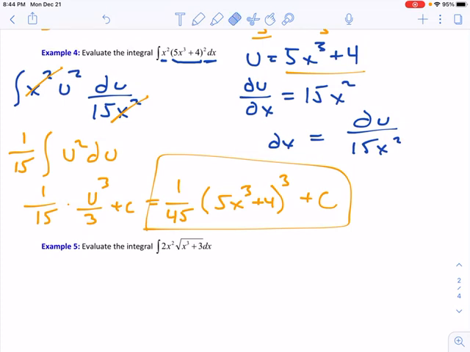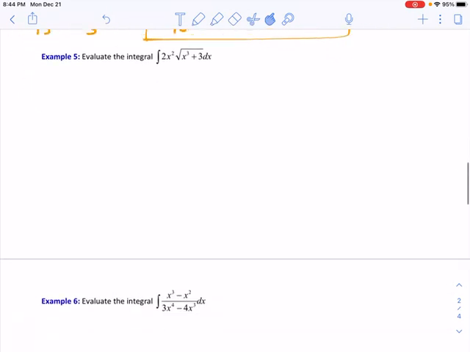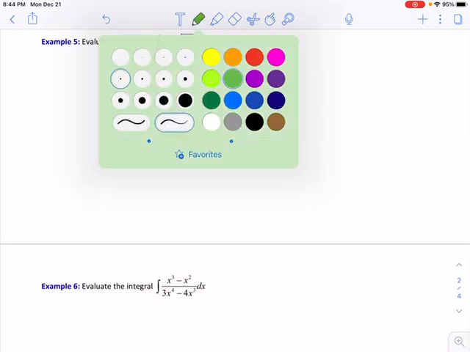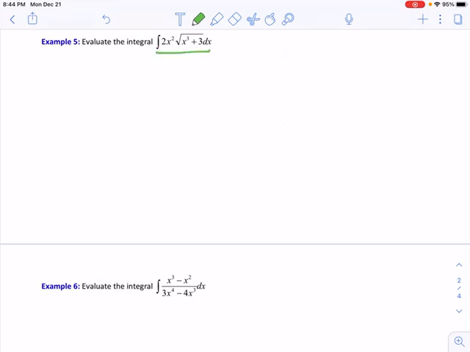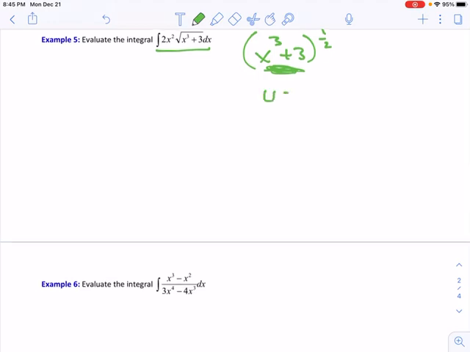One more problem for this video. So, looking at our integrand, it looks a little bit different because we have a square root. But remember, the square root function can be rewritten with a rational exponent as the 1/2 power. So I have an inside function, and the outside function is the quantity being raised to the 1/2 power. So letting u be equal to x cubed plus 3, the derivative of this is 3x squared, and we